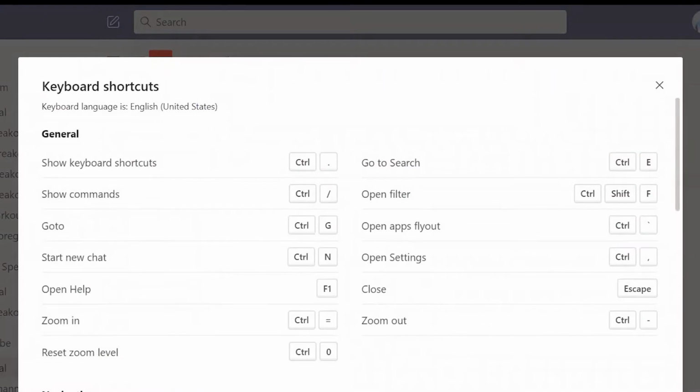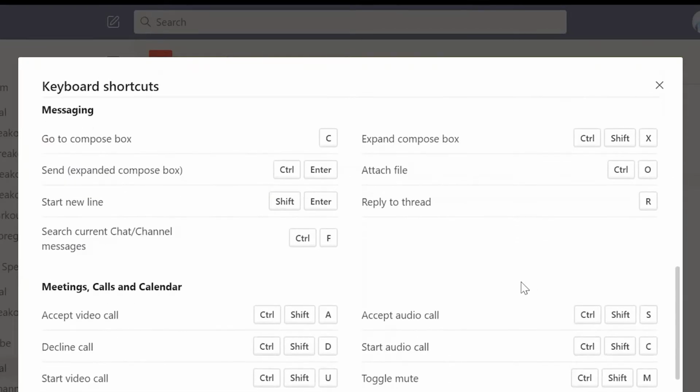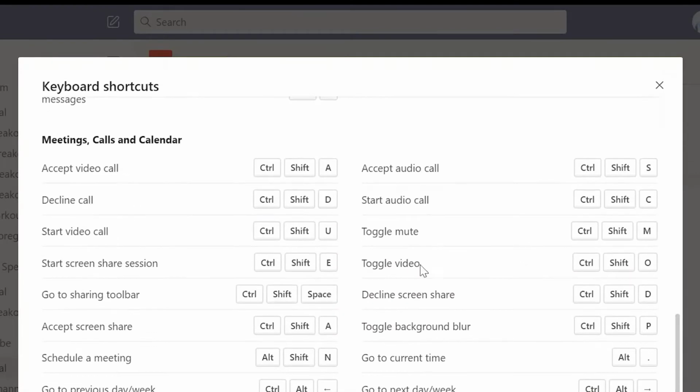button on my keyboard, and this brings up the details of the keyboard shortcuts that we have for our Microsoft Teams. So you can see starting from the general navigation, like navigating to the search bar, and then to more specific navigations, to messaging, to searching particular channels, like you can see Control plus F, and then of course some operations regarding the calls and calendar.